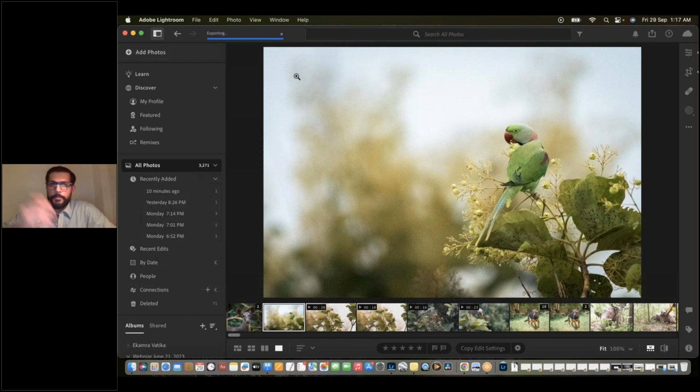A lot of people also like to export their pictures onto hard drives and make extra copies of that. That to me is unnecessary. If I have everything backed up on Lightroom, I can go back into Lightroom and create as many copies as I want of my processed file. So that again is